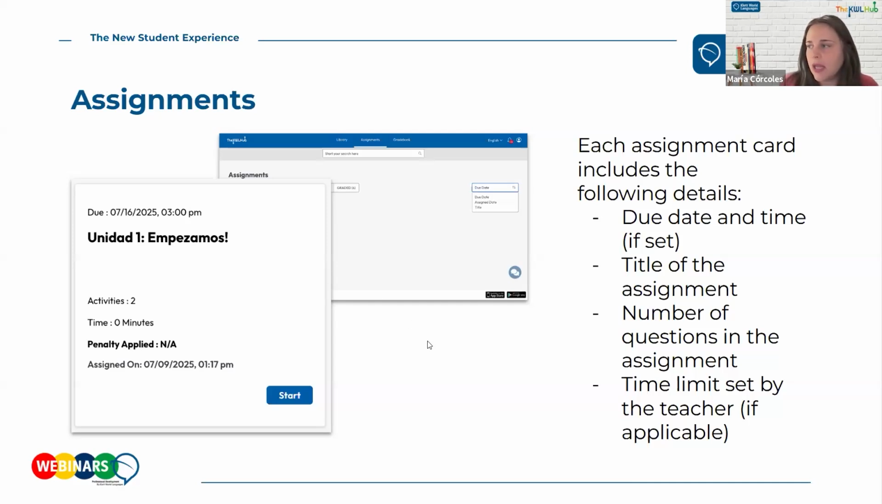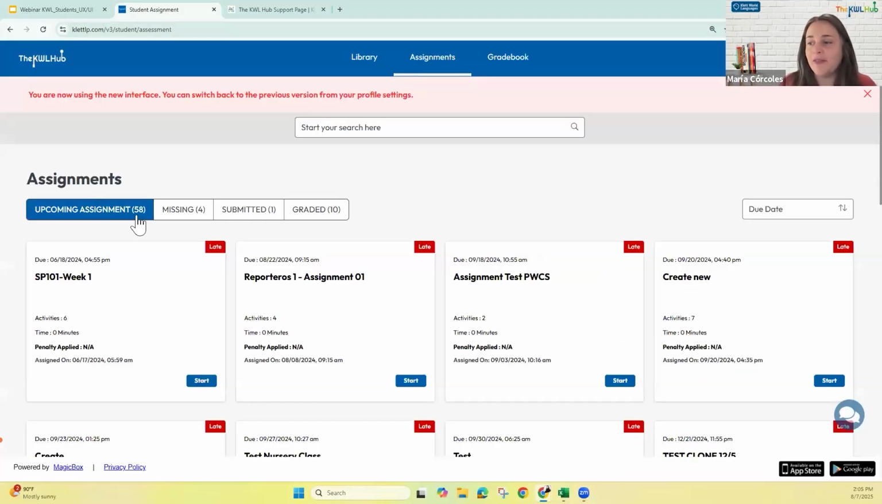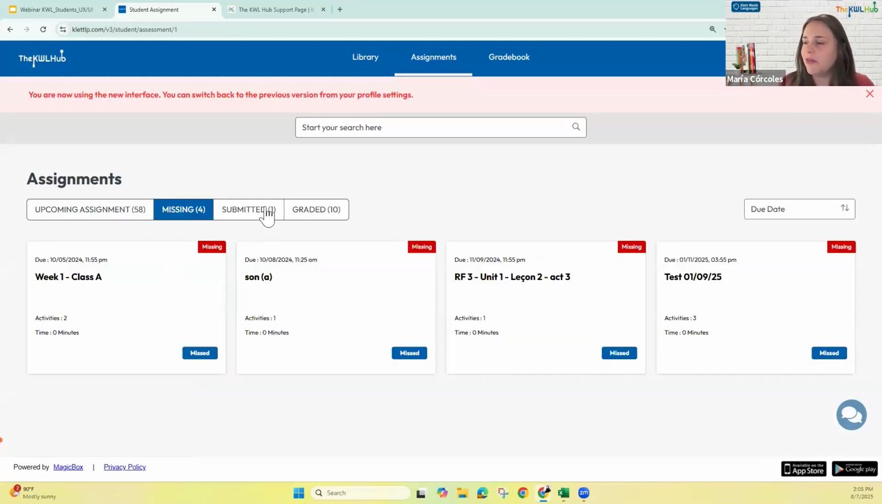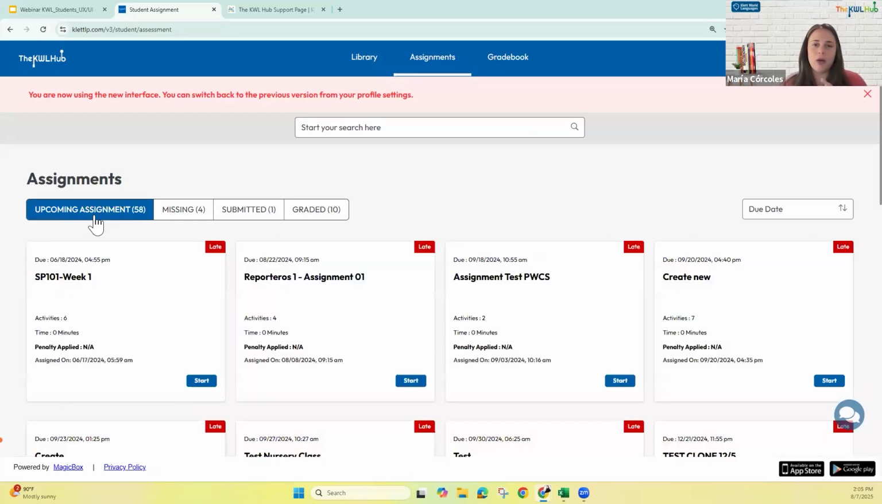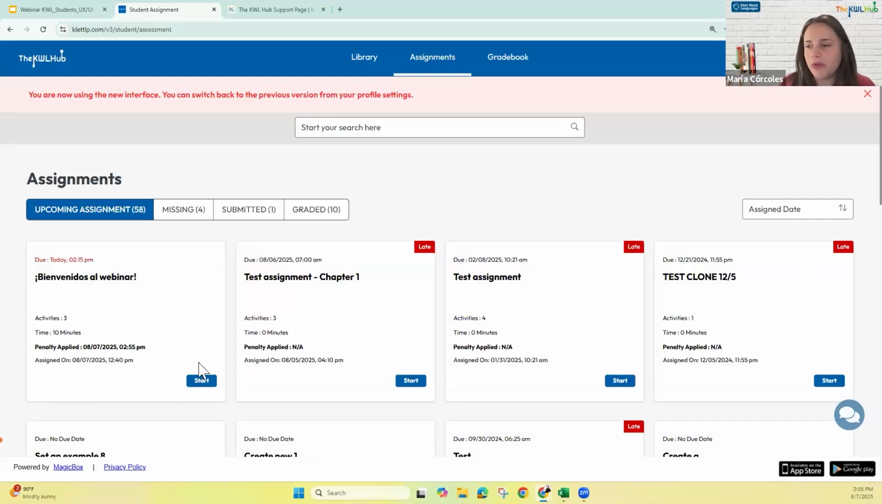Let me go here and let's go and see how this works. Now, as you can see, I have like 58 upcoming assignments. I have like 4 missing assignments, 1 submitted and 10 graded. Now let's go ahead and see how the assignment workspace looks like. Now I'm going to go ahead and I'm going to sort by assigned date, and I'm going to start taking